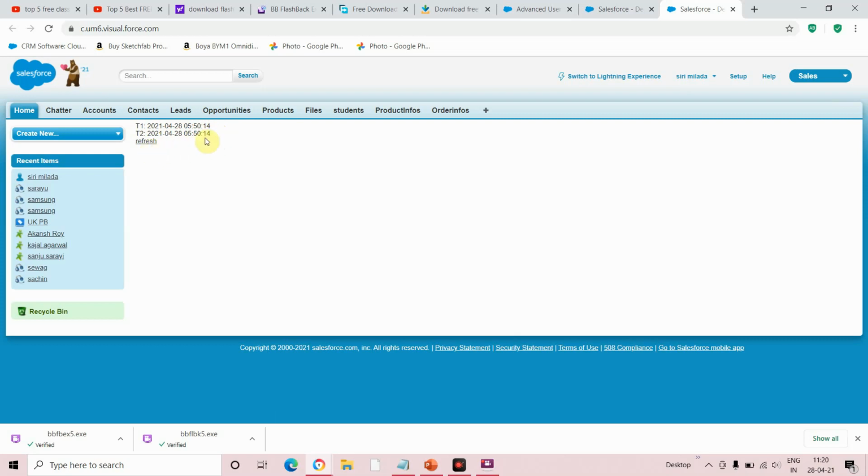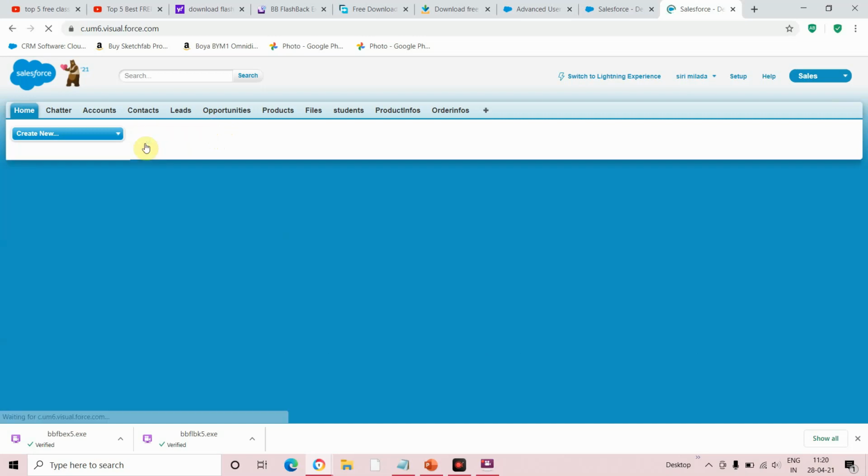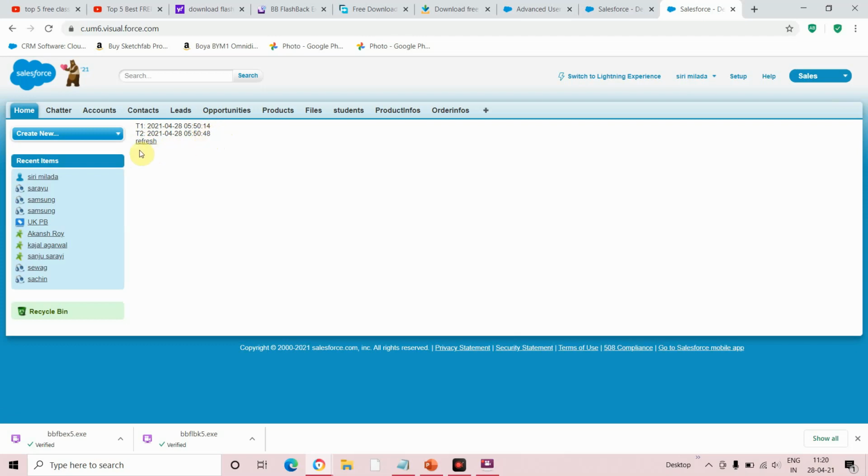Okay, so now what happens if I refresh it? Whenever I refresh it, only the transient variable will be changed, whereas the normal variable will just hold the data. So click refresh. See, it turned to 48 seconds. Again refresh it, 54. But the first value was not changed. It remains constant. So this is the use of the transient keyword.